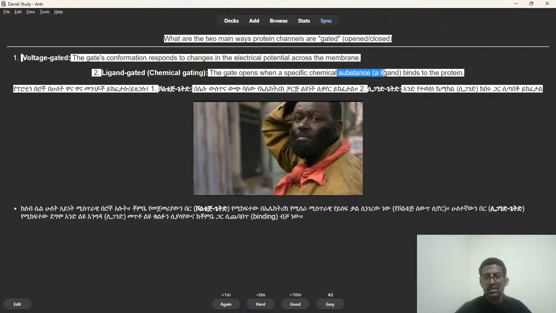This is about channel proteins. The gate opens when a specific chemical substance or ligand binds to the protein, but this opens in conformation response to the change in electrical potential across the membrane. These are chemicals, as we said before, they are channels, so maybe the difference is chemical. Sodium is also a chemical, but